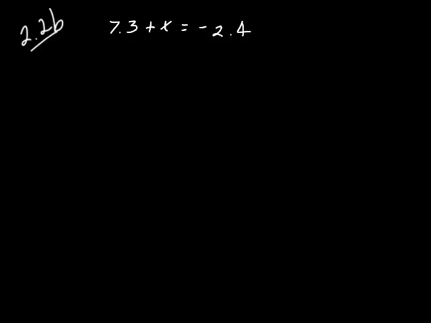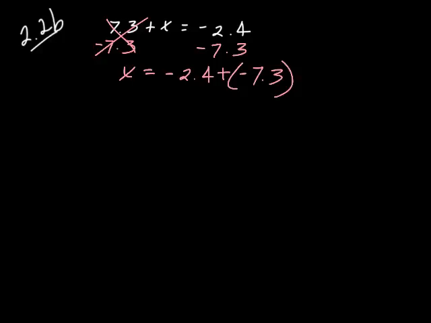What that means is, in order to find out what x is, we have to first of all get rid of the 7.3. Well, the symbol in front of 7.3 is positive, so that means in order to get rid of it, we subtract it. And we subtract it from the other side as well. So when we subtract it from here, it goes away, and x equals negative 2.4 minus 7.3, or plus negative